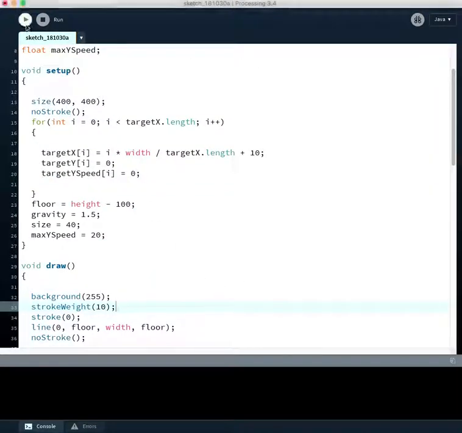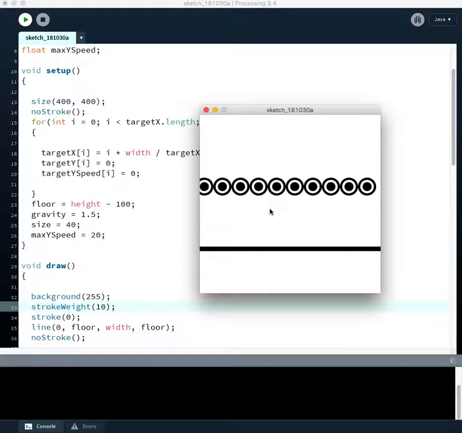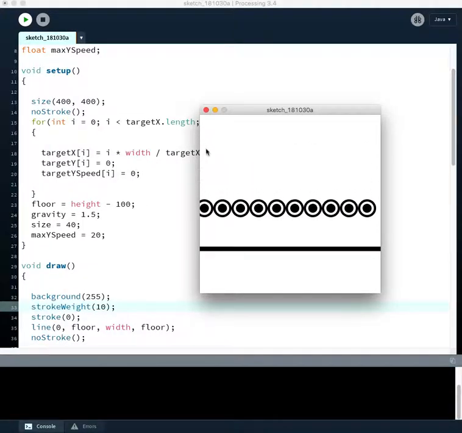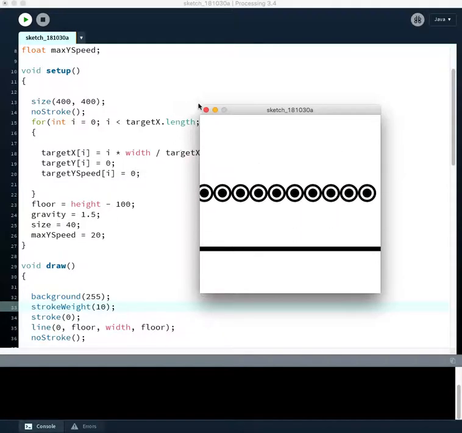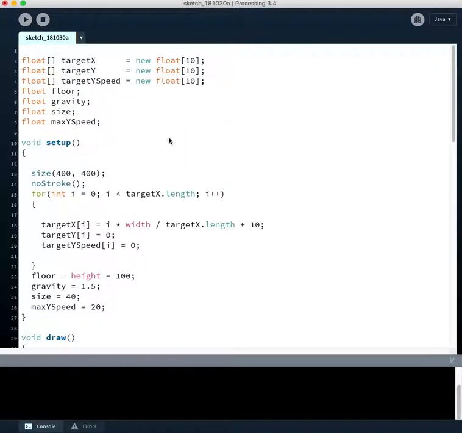At this point, our targets all will bounce, but they're all doing the same thing. So I want them to bounce all crazy style and all have their own stuff. So how do we do that? Well, right away, we can just give them all a different y starting value, meaning that they'll fall